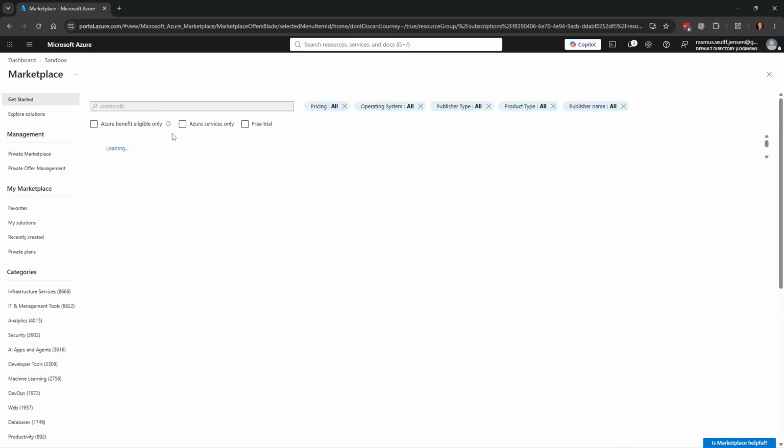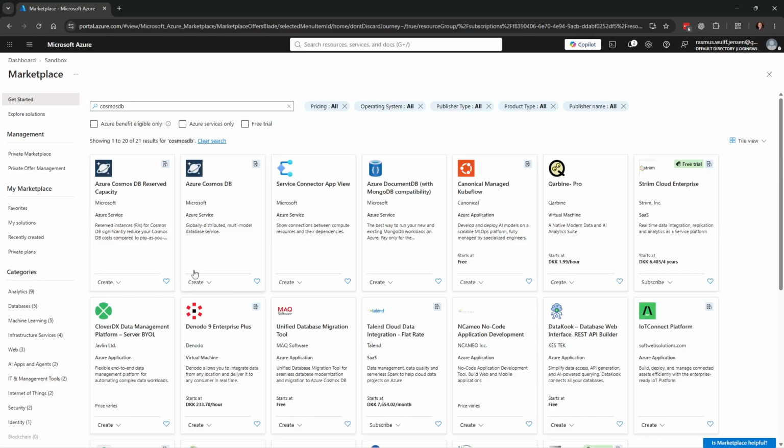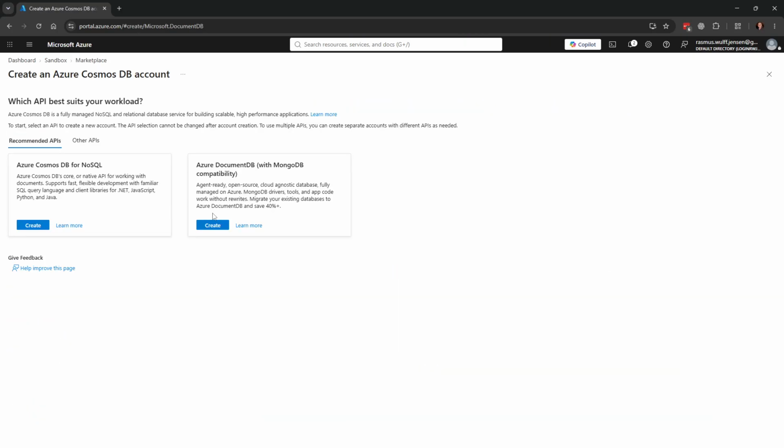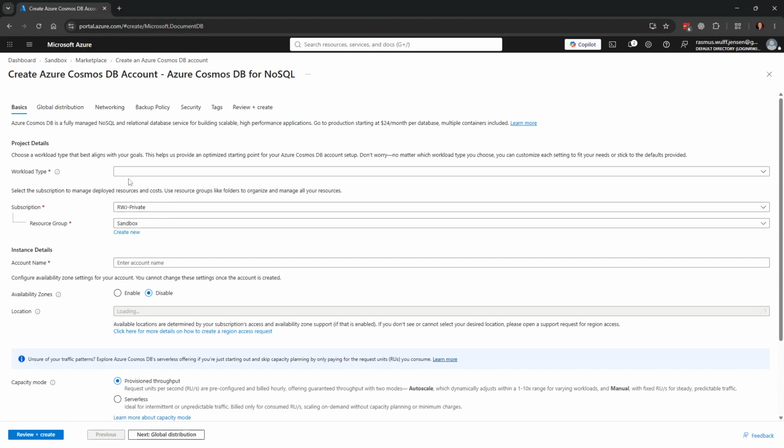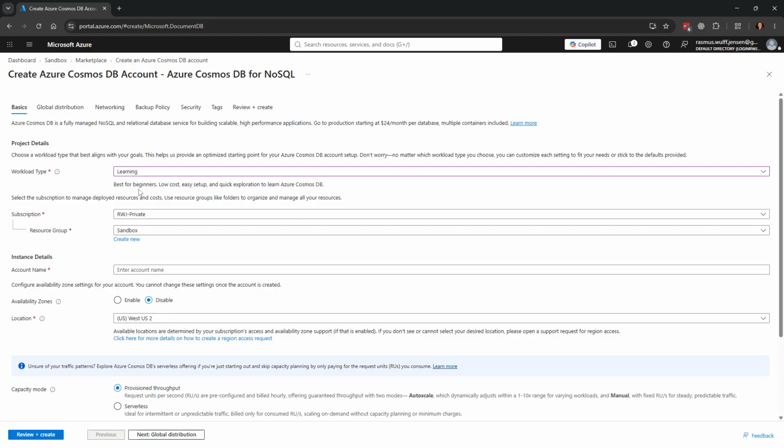And in my case, I'm gonna use the Cosmos DB for NoSQL. There's the Mongo version, and there's two different NuGet packages, so that works with both. But we're gonna do NoSQL. Workload type is just learning here. It's gonna go away just after this recording.